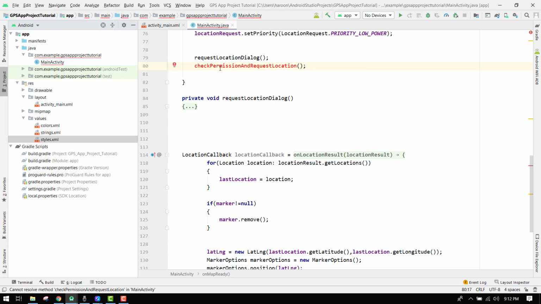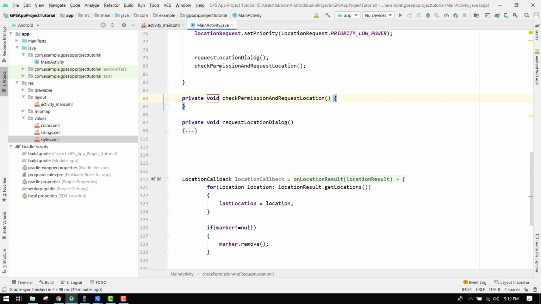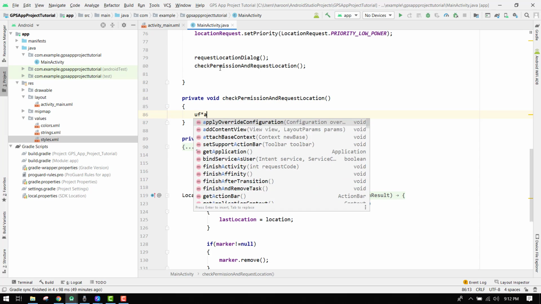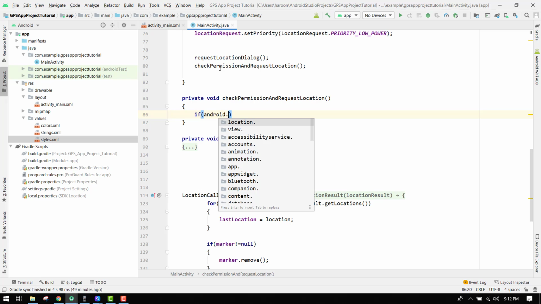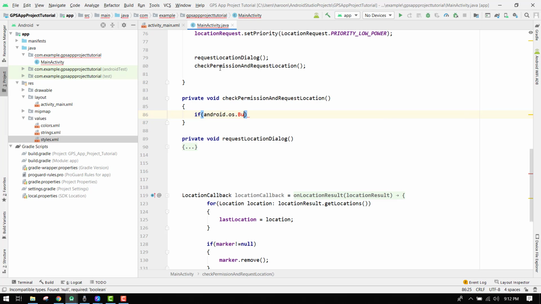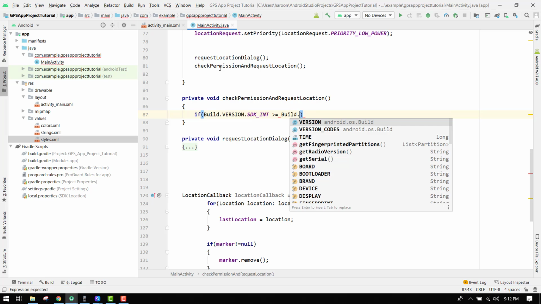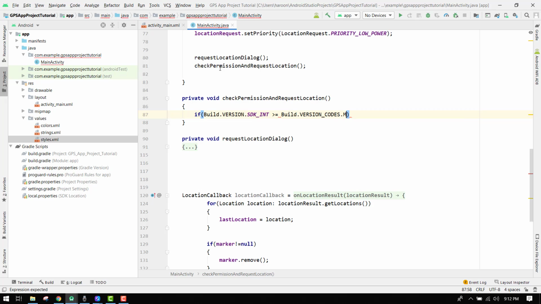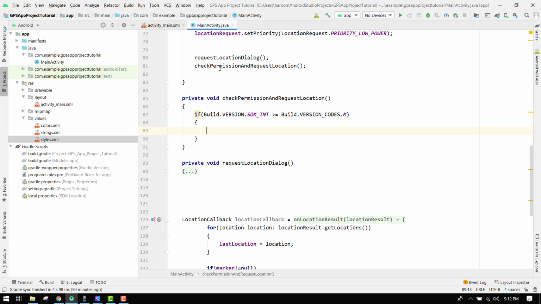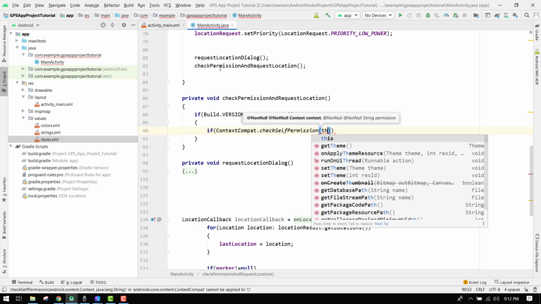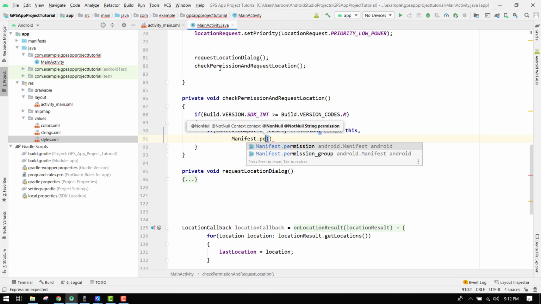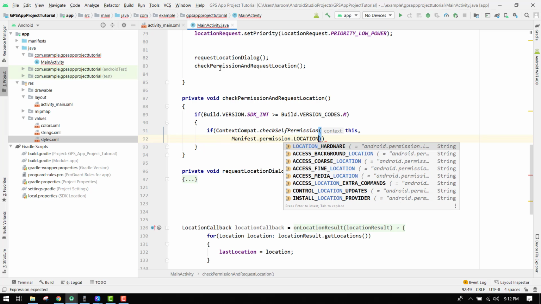Click on Alt Enter, and inside this we are now going to check if android.os.Build.VERSION.SDK_INT is equal to or greater than Build.VERSION then we have to request for the permission, and here we have to check. So for this we can say ContextCompat.checkSelfPermission, and here we have to pass this. Then we have to check Manifest.permission.ACCESS_COARSE_LOCATION,